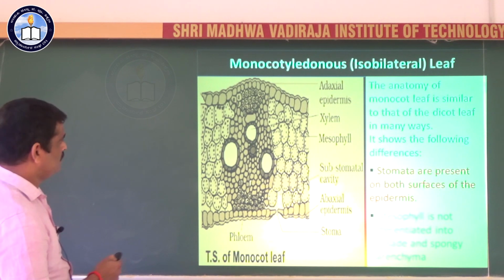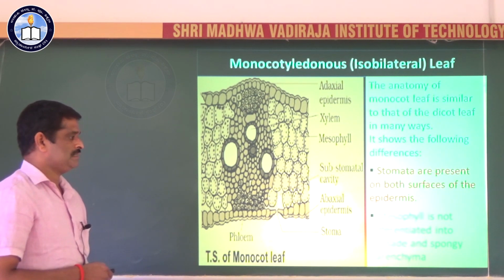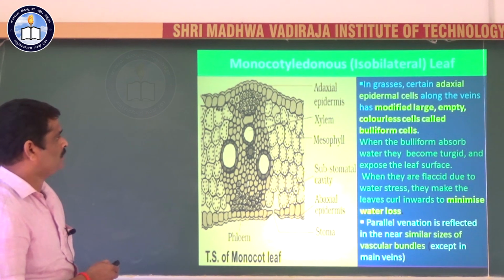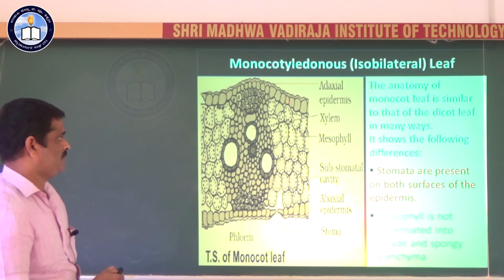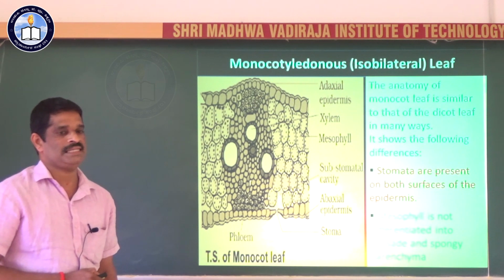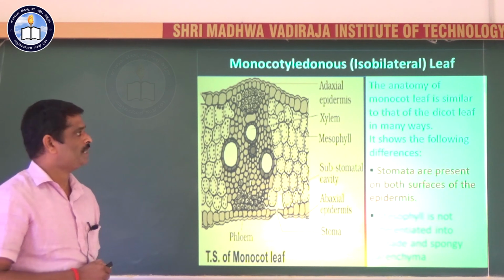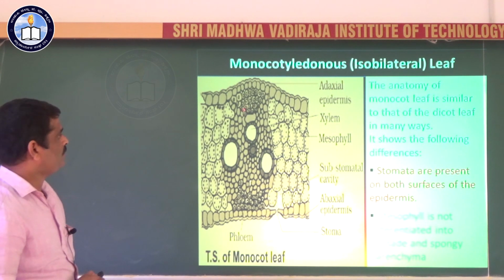See what the differences are. First, you can see the number of stomata on the epidermis. The adaxial and abaxial epidermis both have stomata. The number of stomata is equal on both the upper and lower epidermis, meaning stomata are equally distributed on both. So the leaf is said to be amphistomatic. When the stomata are equally distributed on both the upper and lower epidermis, the leaf is said to be amphistomatic.